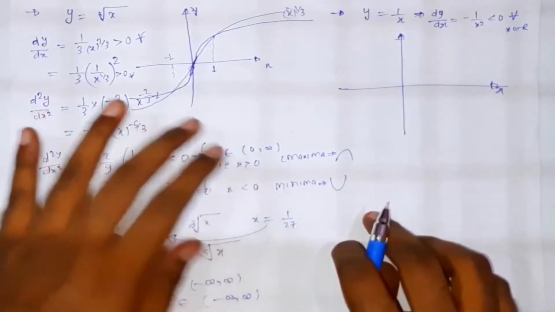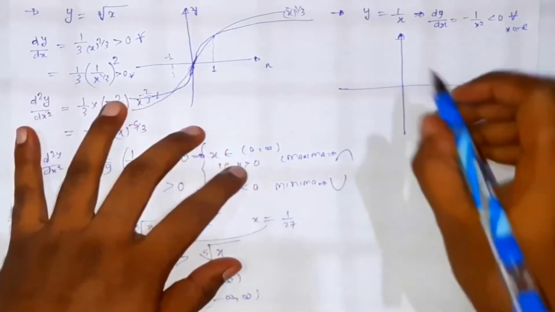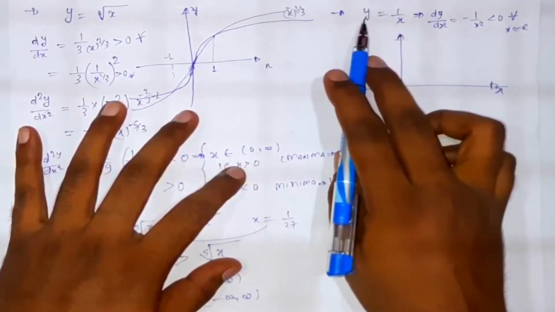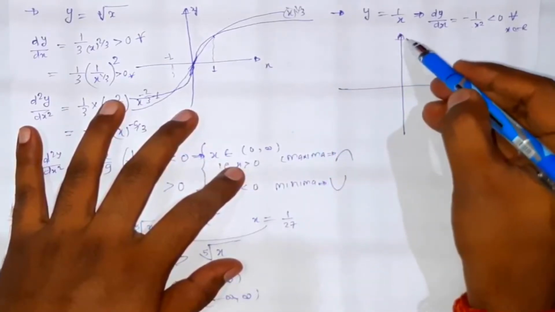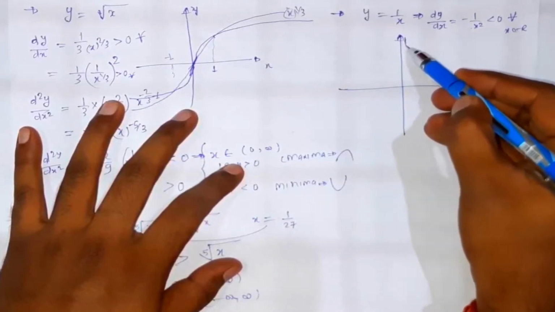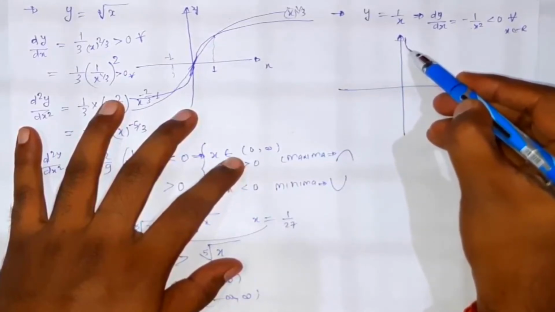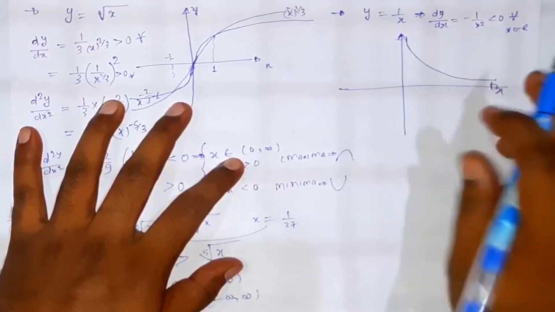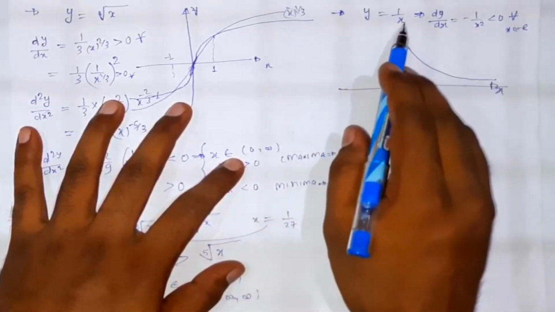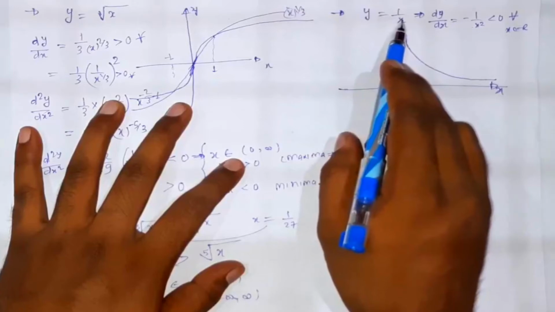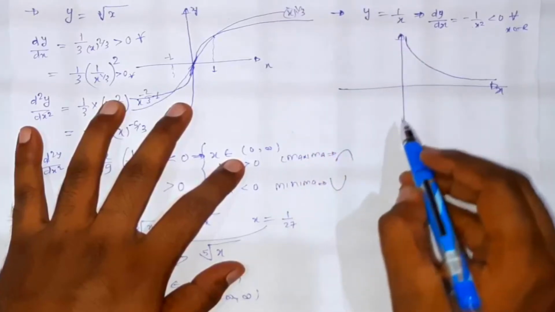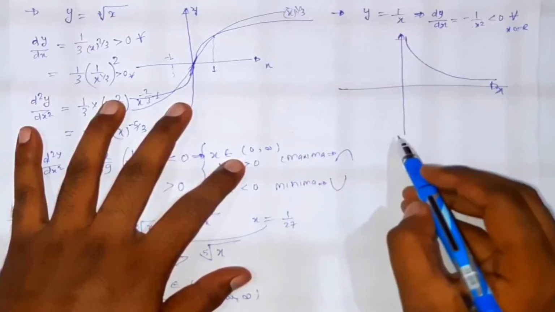Now what we will do, again we will draw the graph of this function. Okay, as x tends to 0, y will be infinity. This will be like this, and again this function is decreasing. If we increase the value of x, again the value of y will decrease. This is decreasing, and as x goes from minus infinity to 0, y tends to minus infinity. That will be like this. Okay, infinity. It will be like this.